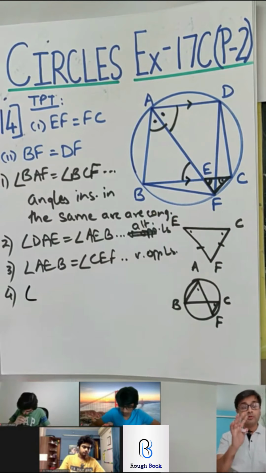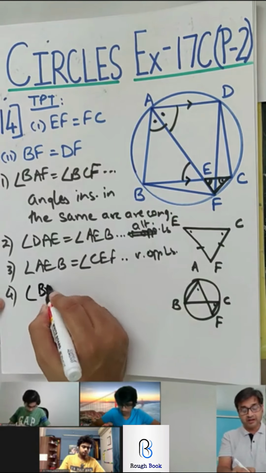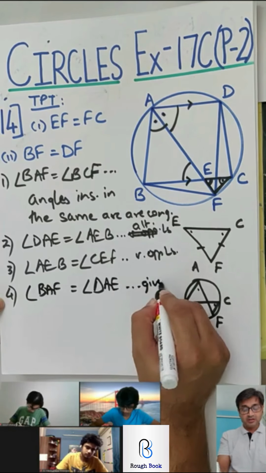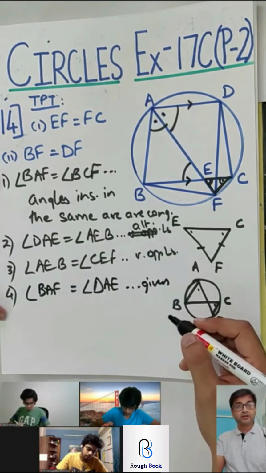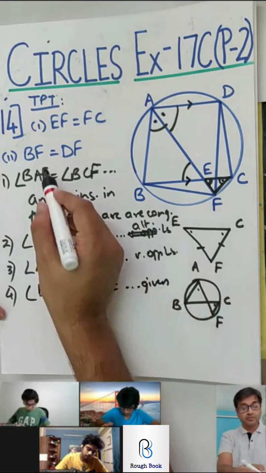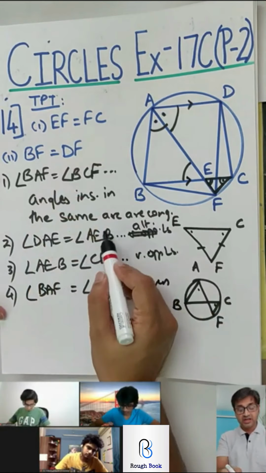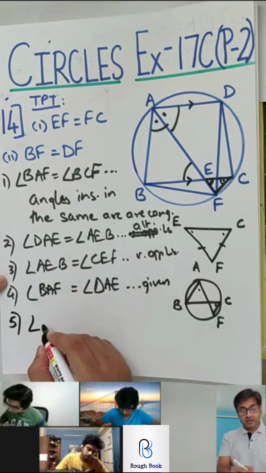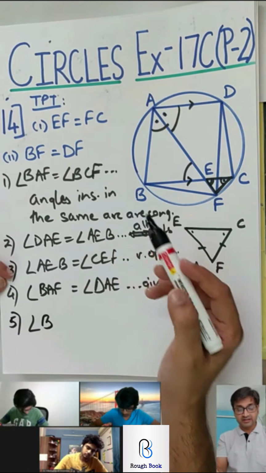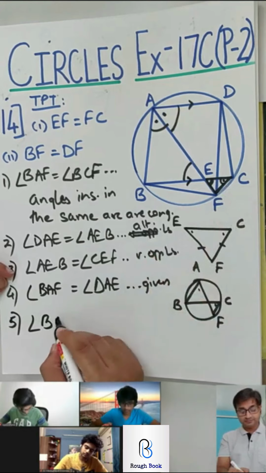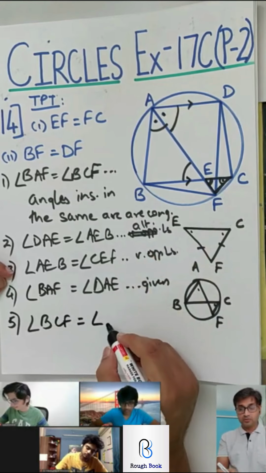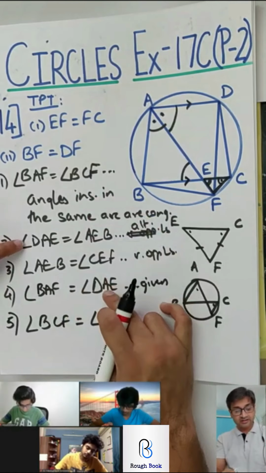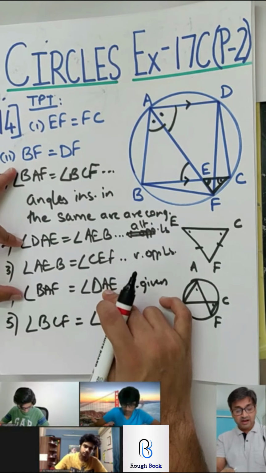So we have to write one more, fourth step, where we are going to say BAF is equal to DAE, and this is given. So now in these four steps that we've written, whatever is common, just cancel it, in your head, not actually. AEB, DAE. So what is left? That is BCF is equal to, this got cancelled. One second. This cancels, and this cancels.